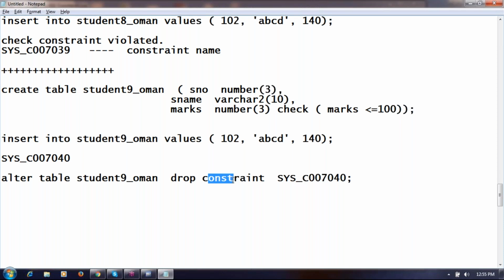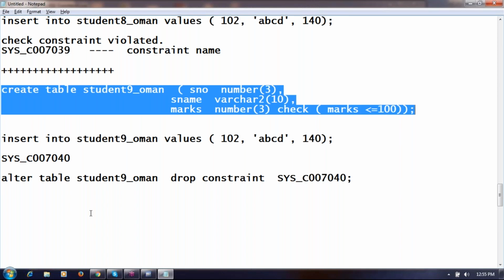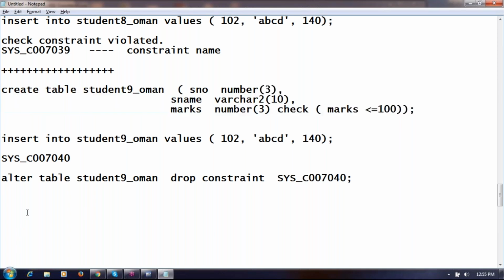Yeah, but Sunil, why has Oracle given a different format only for check? Not only for check, for every constraint whatever you create. For primary key also, unique also. Just like to drop a primary key, we are just putting the constraint name over there, not the primary key itself. Constraint type, not name.